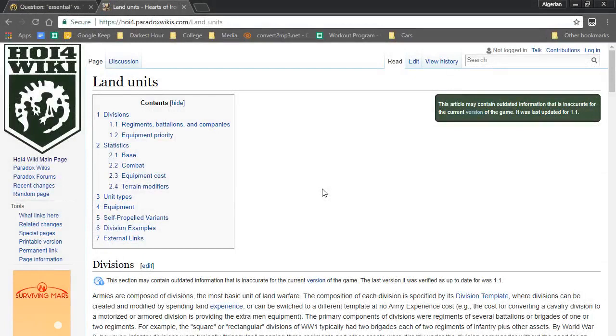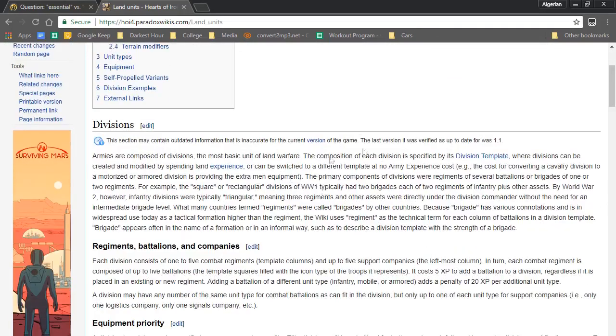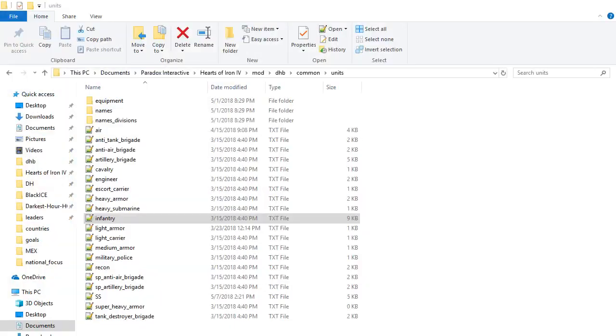Today we'll be taking a look at land units, how we can add new land units. But first of all, what are units? Well, we're basically talking about the components of a division. So the things you see in a division designer, which are battalions, which are the main units, and of course you have support companies. Now, they are actually stored here in the